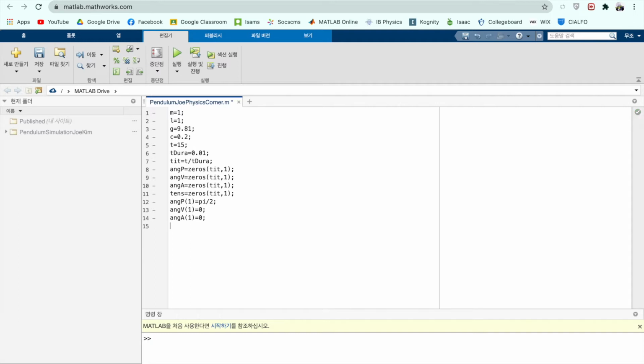Now, I'm going to also graph the energies, how the energies of the system change. And so I'm going to have kinetic energy. First, I'm going to declare the kinetic energy as a blank column vector of zeros. That's going to be my potential energy and also my mechanical energy. For those values, I won't have to assign any value yet, because I'm going to do it inside my loop. So I'm going to loop my code